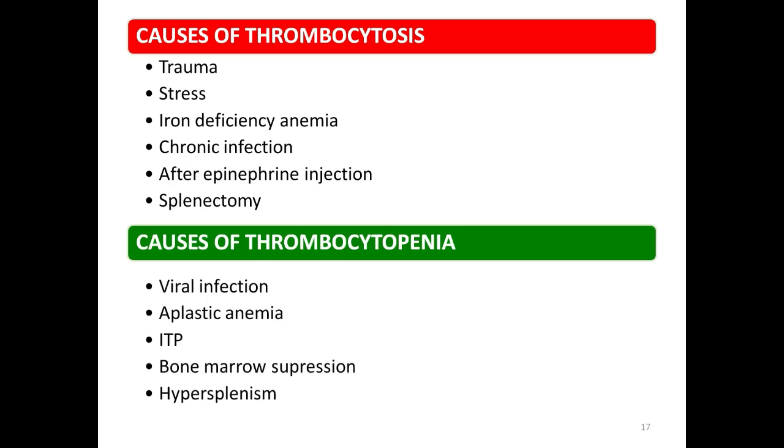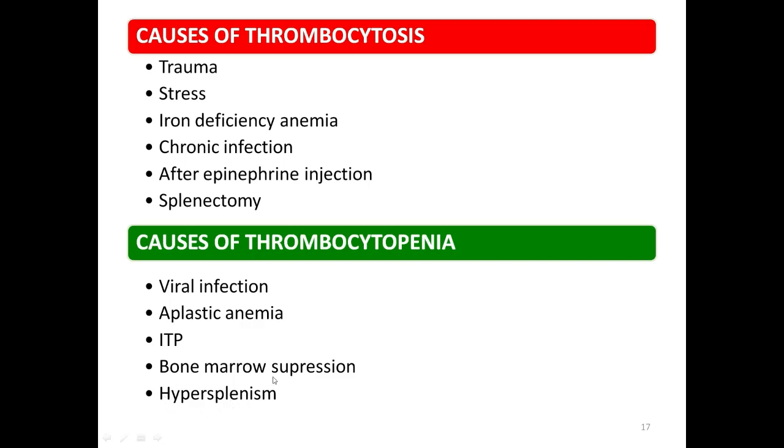Now causes of thrombocytopenia. Penia means decreased in number. Okay. So as you all know, in viral infections the count will decrease. As in case of dengue, most of the time we get to see thrombocytopenia, right? So that is one of the viral infections, dengue. In aplastic anemia, the bone marrow is not functioning normally, right? So activity is not normal. There also the count will decrease. Idiopathic thrombocytopenic purpura, ITP. Then bone marrow suppression, when we are giving radiotherapy or chemotherapy to the patient, bone marrow suppression takes place and the count will decrease, as in case of hypersplenism.